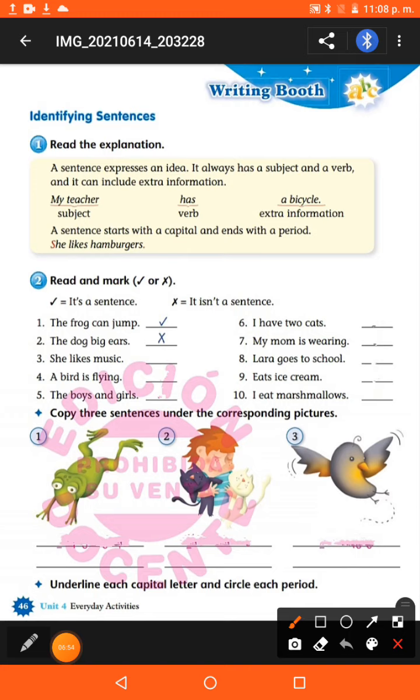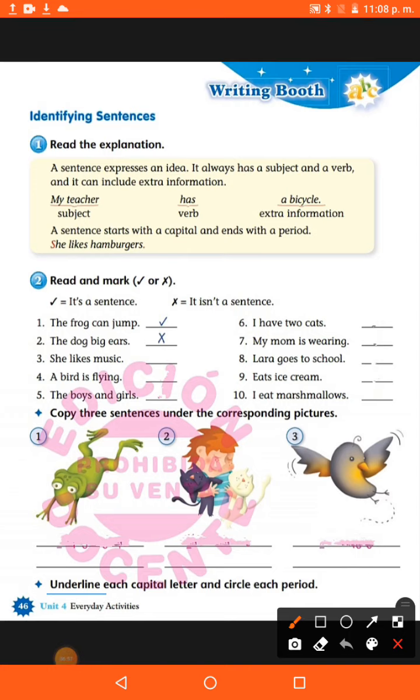after you copy the sentences, you are going to underline each capital letter and circle each period. Okay, you are going to circle each period and you are going to underline each capital letter. Okay,